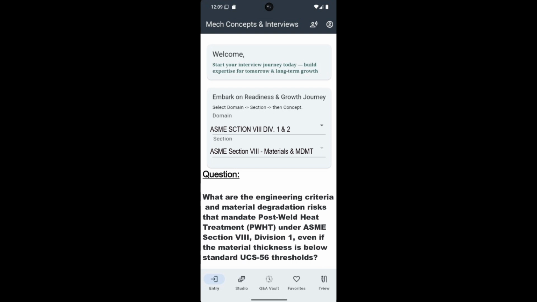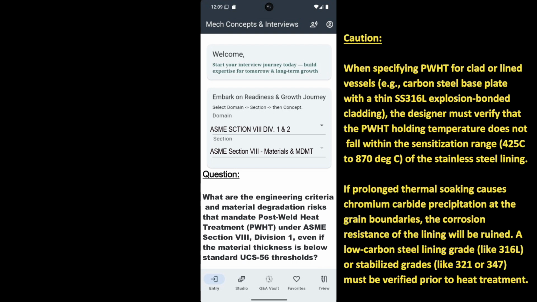I want to push this scenario one step further, right to the absolute bleeding edge of complexity, composite materials. Give me a detailed caution regarding the catastrophic risks of applying this intense post-weld heat treatment to clad vessels. This is where metallurgical survival becomes incredibly delicate. Often, to save money, a designer will specify a thick, cheap carbon steel base plate to handle the pressure and line the inside with a very thin layer of high-grade stainless steel, like an SS316L explosion-bonded cladding to handle the